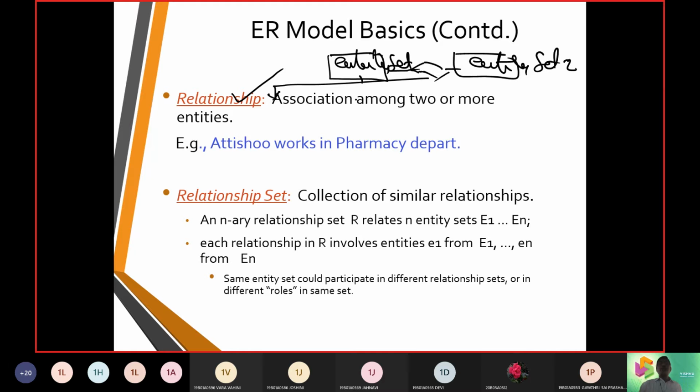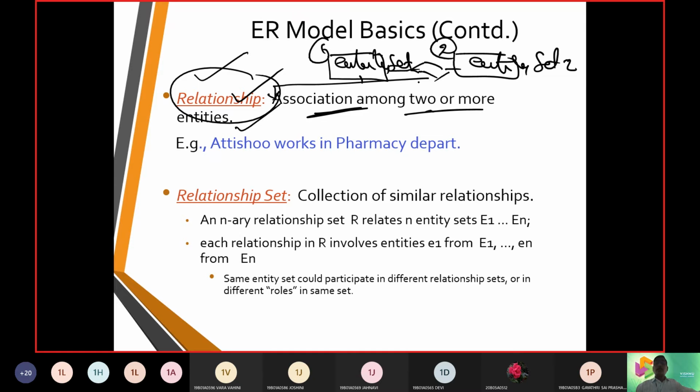The relationship is going to have an association among 2 or more entities. That means it can link entity set 1 and entity set 2. You need to establish a relationship between entity set 1 and entity set 2. How is it possible? It is possible with a construct called a relationship.